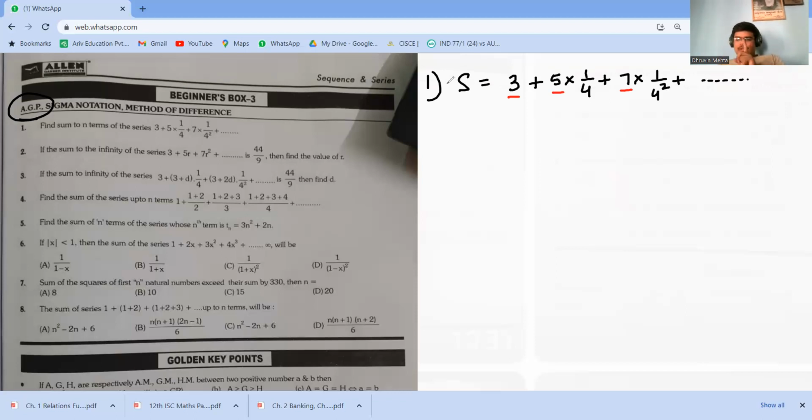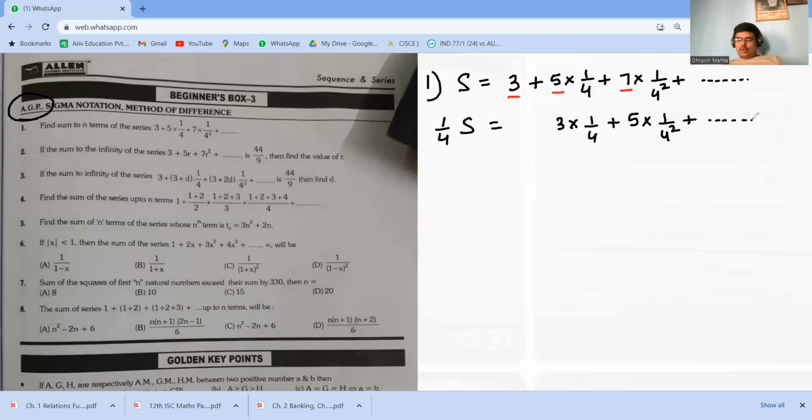What we will be doing is, first step, identify the common ratio of the GP, and we will multiply each term by that common ratio. What I mean is, here the common ratio, do you realize, is 1 by 4. So we will multiply everything by 1 by 4. So 1 by 4 s. Do you realize 3 will be multiplied with 1 by 4? 5, when this term is multiplied with 1 by 4, it will become 5 into 1 by 4 square, Pravra,